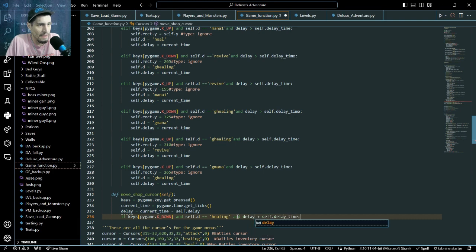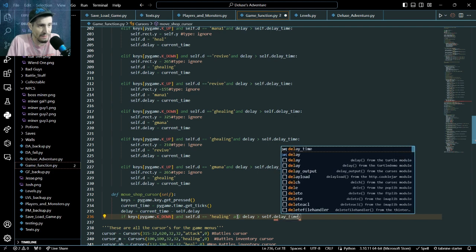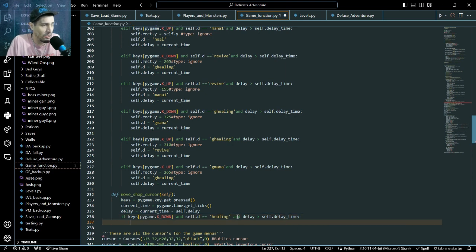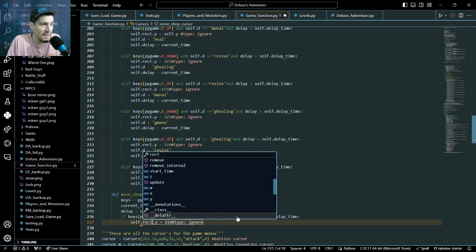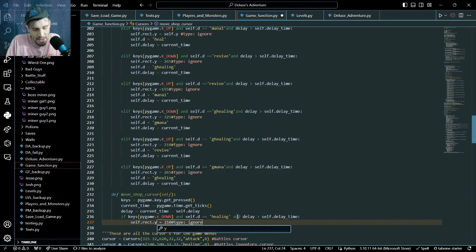The delay is just so it doesn't fly down instantly and make all these happen at one time. We are going to make self dot. Yeah, we're moving the y. We don't want to move the x, so just the y. Self dot rect dot y equal to